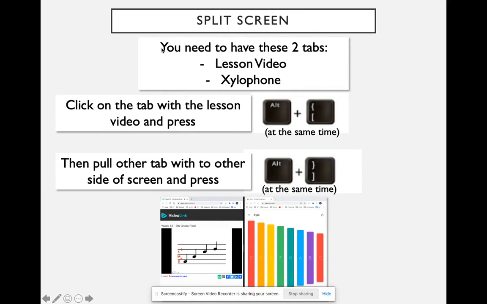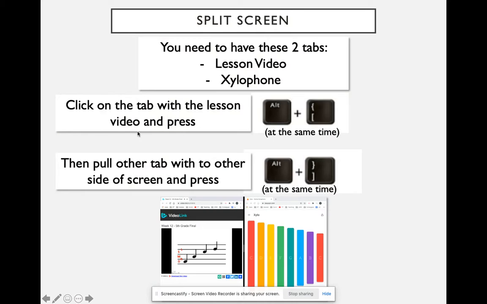Okay, first thing you need is to have two tabs open in your Chrome. The first one is the lesson video you're watching, and the second one is the xylophone. If you click on that link that says playxylo.com, that should open up another tab. Then you're going to click on the video tab. It really doesn't matter which side is which, but if you click on the video tab and press the keys Alt and the bracket key,